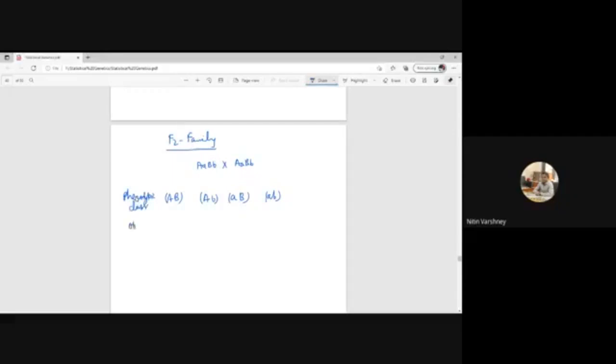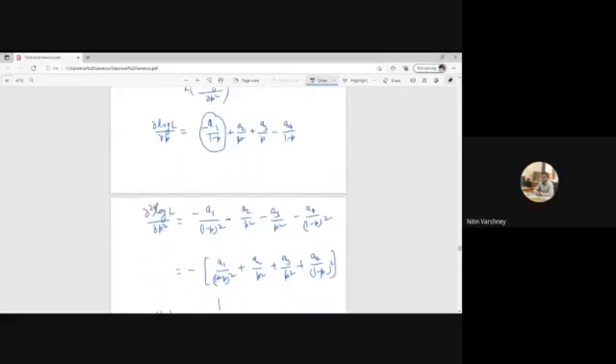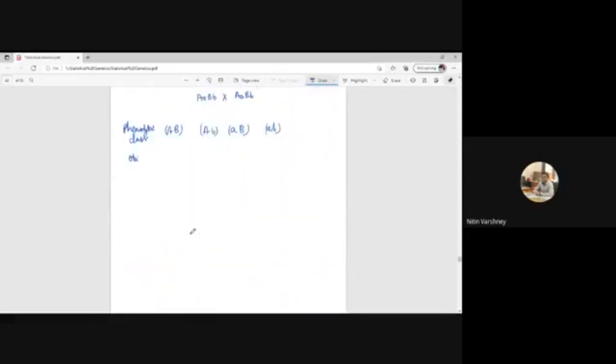Then our observed frequencies. This is observed frequency A1, A2, A3, A4, and total is n. And expected proportion, that is M1, M2, M3, M4. Sum is 1. And expected frequency nM1, nM2, nM3, nM4, that is n. Okay. Now,